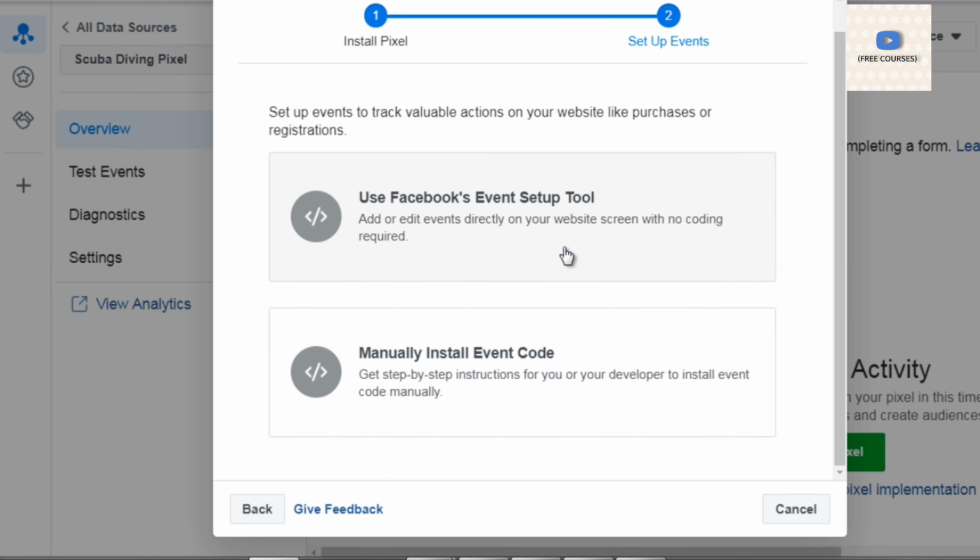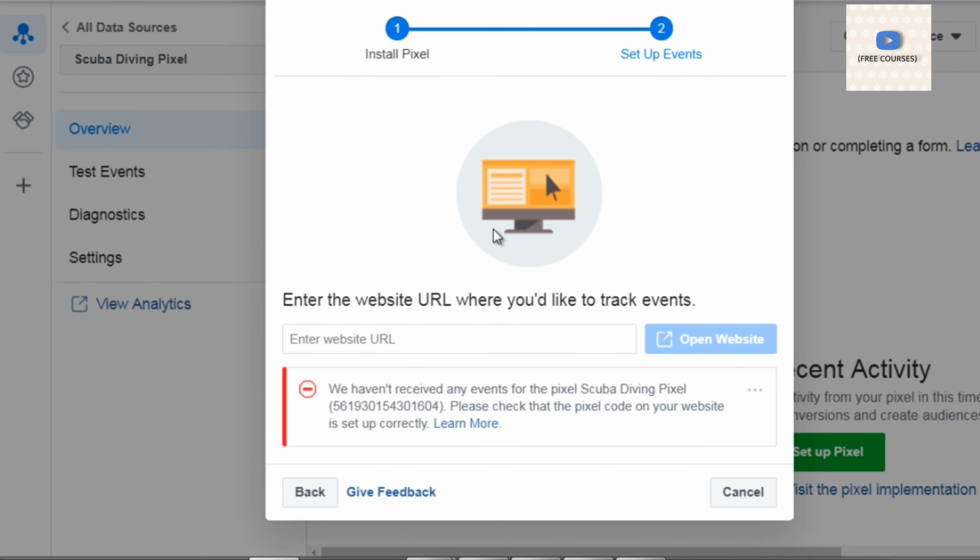Now, Facebook has what we call events. And what events are basically parts of your funnel. You can tell it, okay, if somebody lands on your first page, you can call it a lead. If somebody fills in their email and their name to get perhaps a lead magnet or a freebie, you can send them to the next page, which could be the thank you page. So what events allow you to do is track everything through the funnel. But in order to get that to work, you need to insert the pixel into your HTML or your website page.